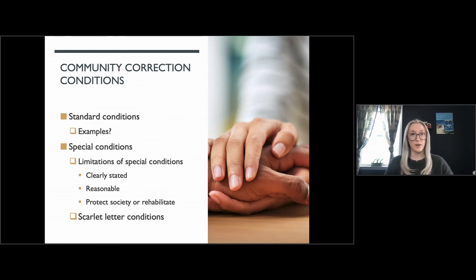Standard conditions include that the offender cannot commit new crimes, possess illegal substances, or associate with other criminals. It also could be that they must maintain employment and they must pay their fines and their restitution. Special conditions then include things such as the offender needing to participate in drug and alcohol counseling, parenting classes, general education or literacy classes, maybe some mental health treatment. These special conditions are very specific to that offender's individualized needs, whereas standard conditions are rules that are set on nearly every offender.